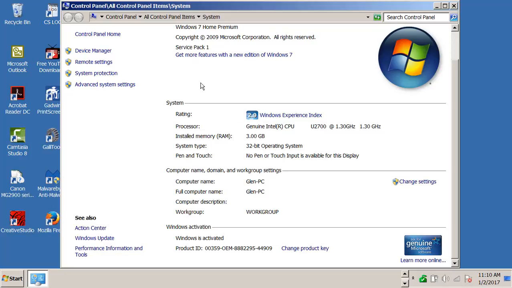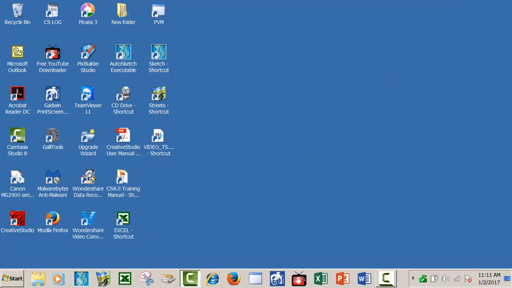And over here on the left, there's some more things you can do. You go to Control Panel Home. You can go to the Device Manager and a few other things. So it's pretty simple to get around in your computer. So now I'm going to close that out,